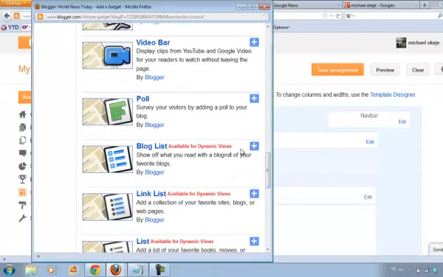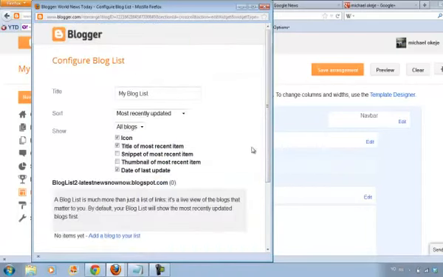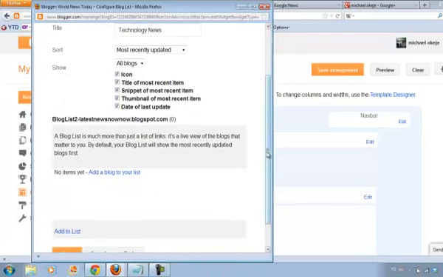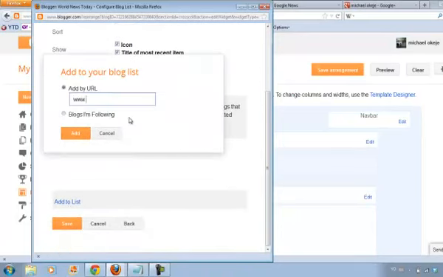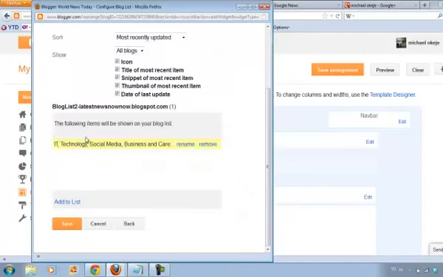Blog list. So we have technology news, and all these snippets and thumbnails. You can add my blog. So we add that. You can add